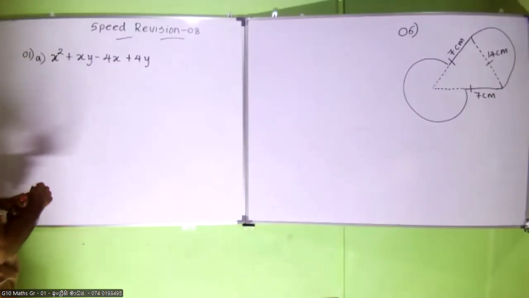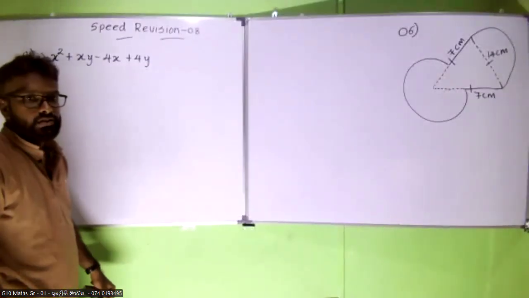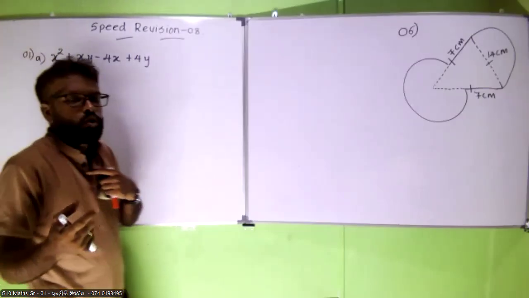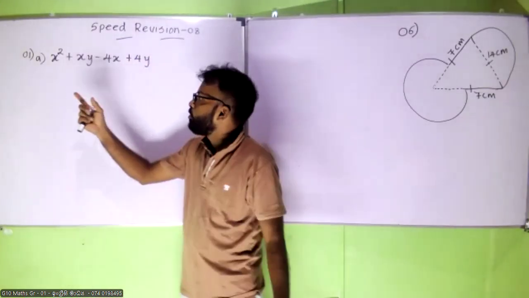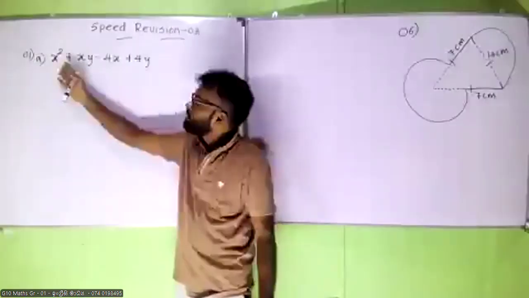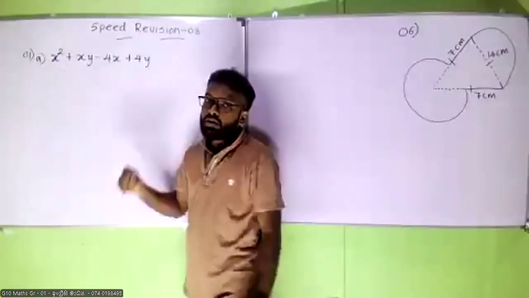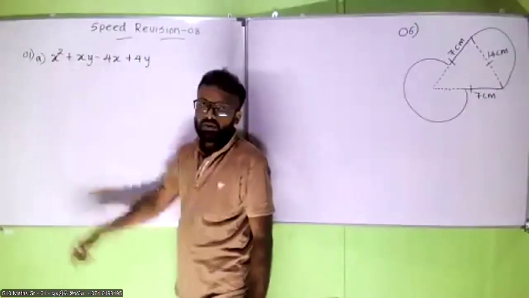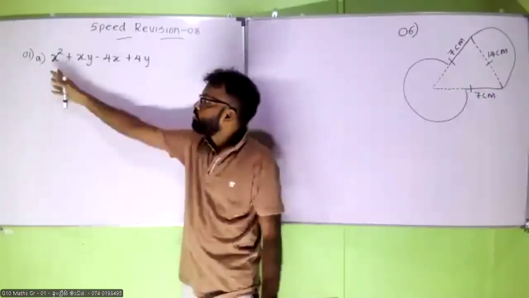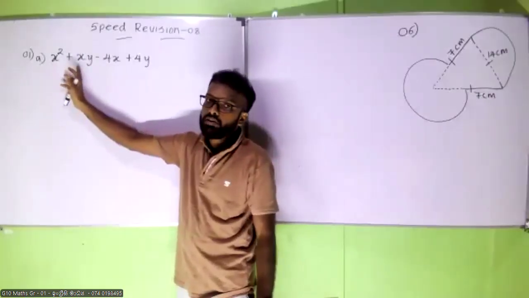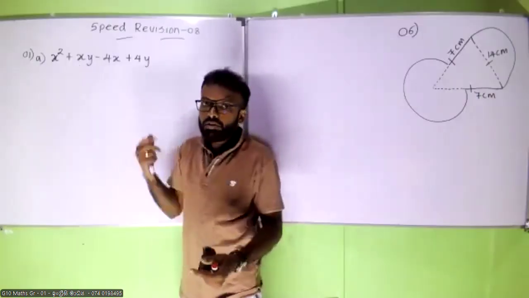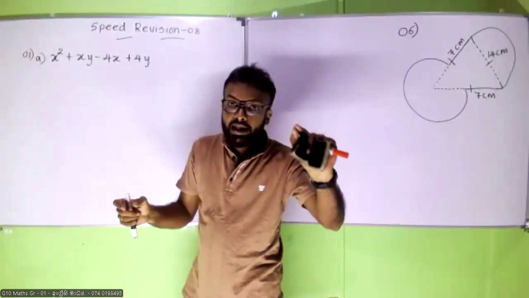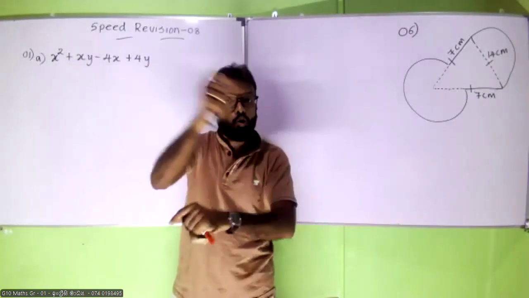How are we going to factorize this? The most important thing is how we factorize these kinds of expressions. You need to find the common terms. If you consider the first two terms, x squared and xy, the common term will be x. Here you have x, here also you have x. Normally when you are factorizing and want to get a common term out of these two,